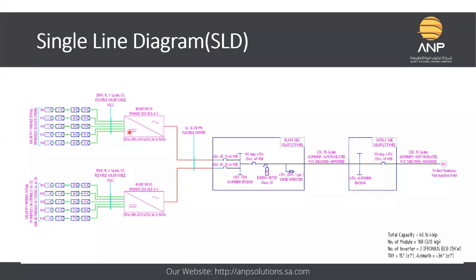The diagram also tells you how many components there are. For example, in this particular diagram, 19 modules are connected in series by means of 4 square mm cable, and there are 5 such strings feeding power to the inverter. Then the inverter converts the power from DC to AC, and we combine that power into the LT panel. The single line diagram also gives you information about the protection system we use for this particular solar PV plant.